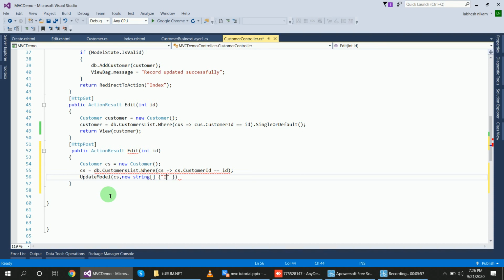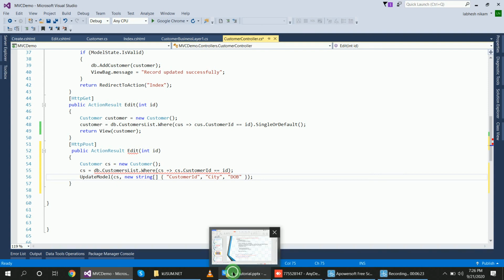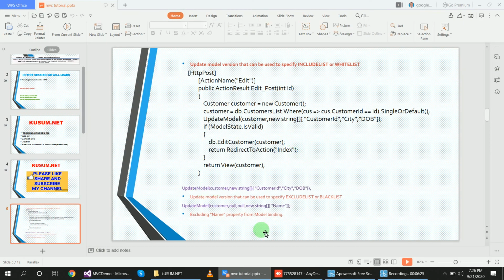I want to update customer ID, city, and date of birth, DOB. I want to update these fields only, not the name property, so I will use the include properties list.